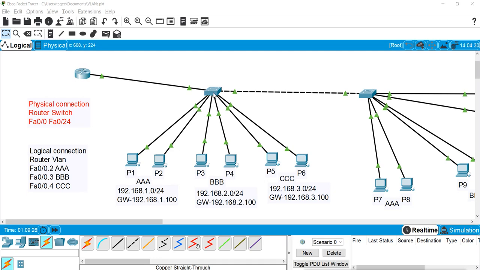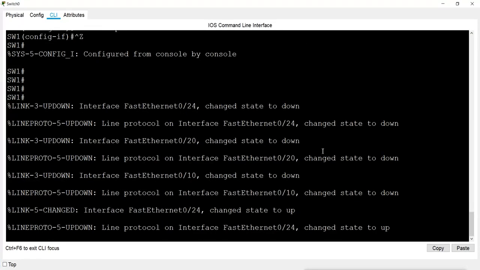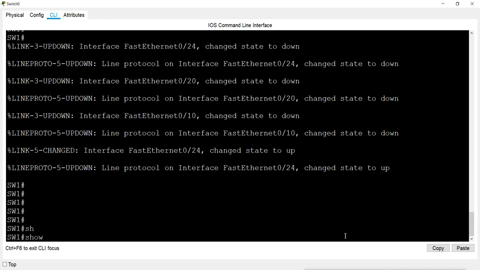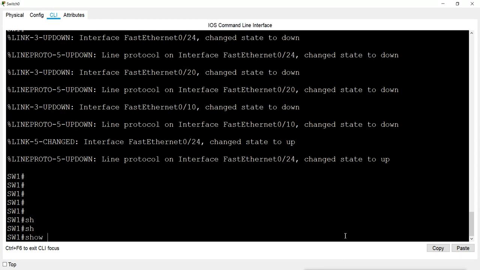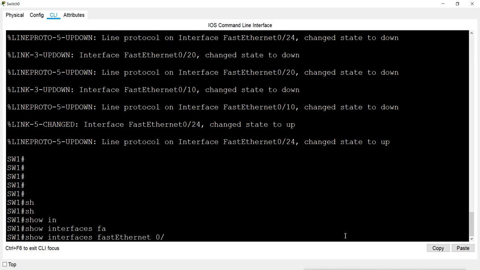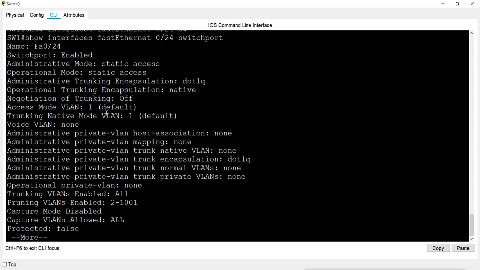So first I will go to this switch, and first you will check the port: show interface FastEthernet 0/24 switchport.